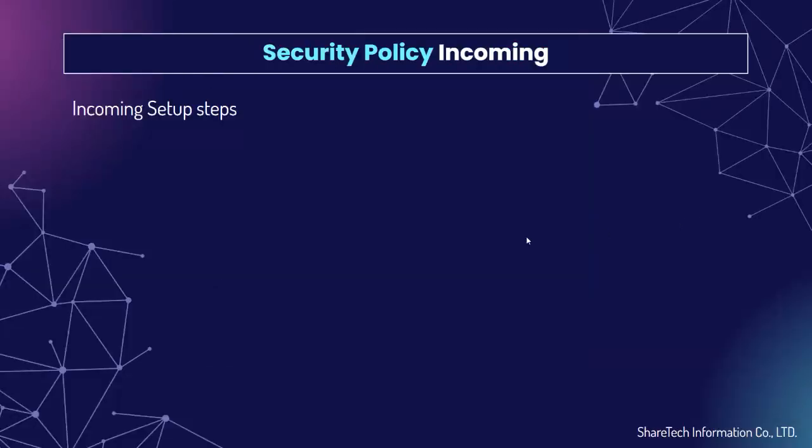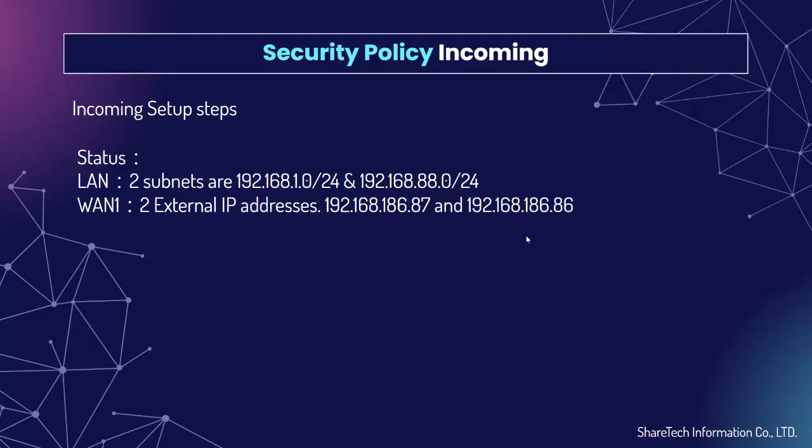Next, there will be a demonstration of the incoming settings. The status is I have one LAN and one WAN1. There are two subnets on my LAN. The first one is .1.0/24. The other is 88.88.0/24. And my WAN1,